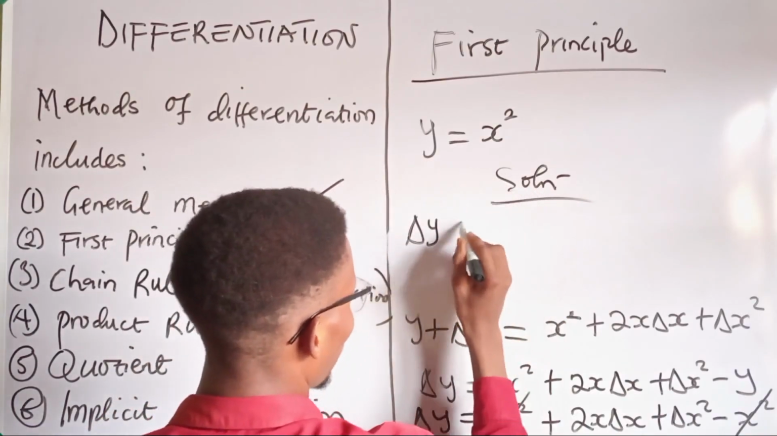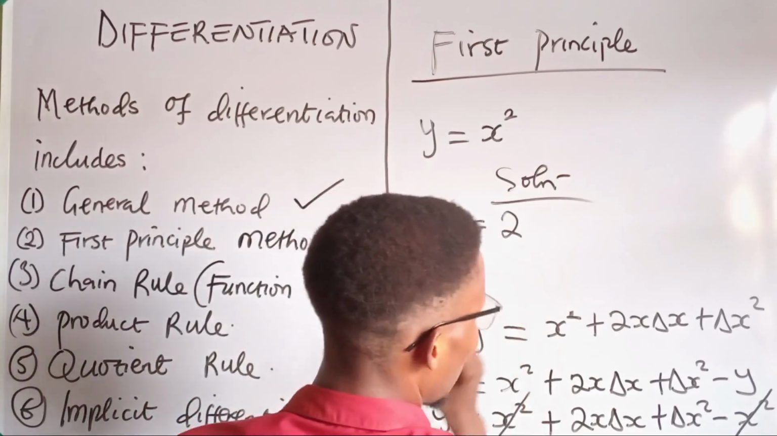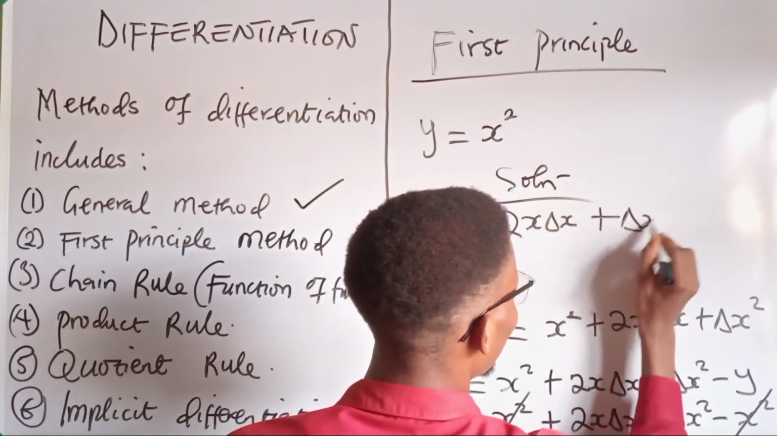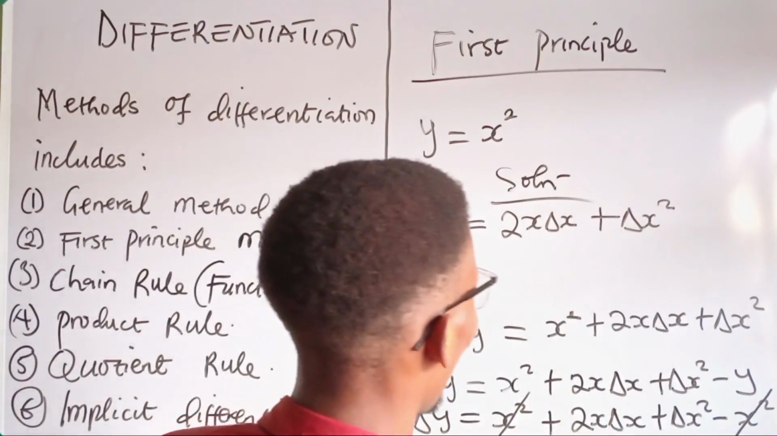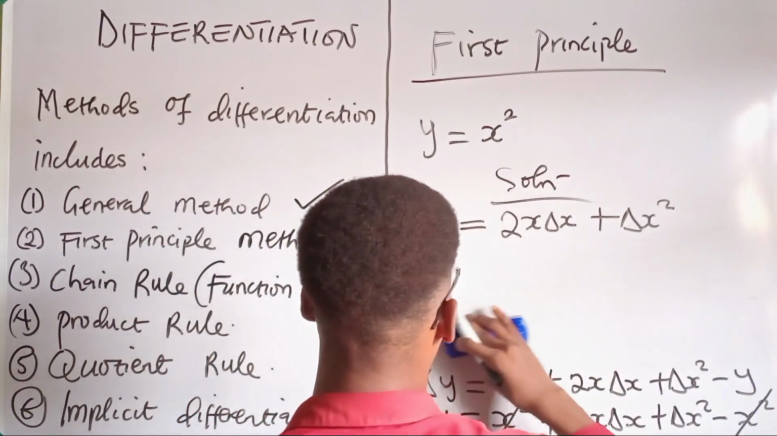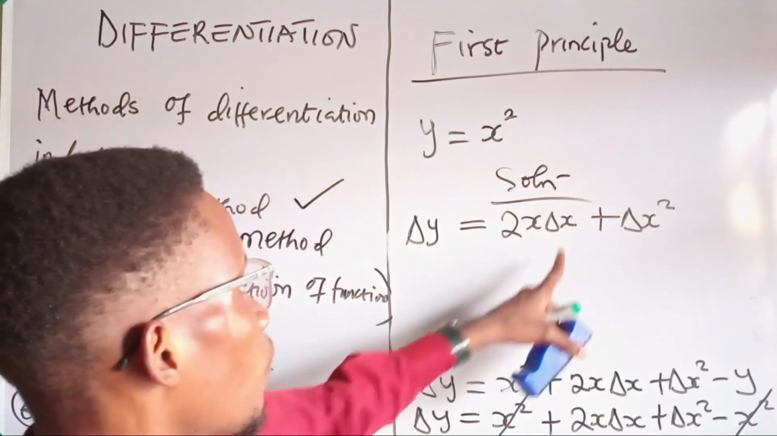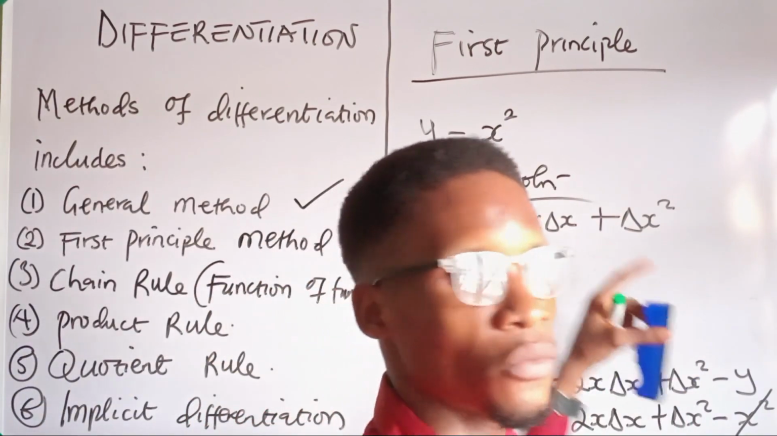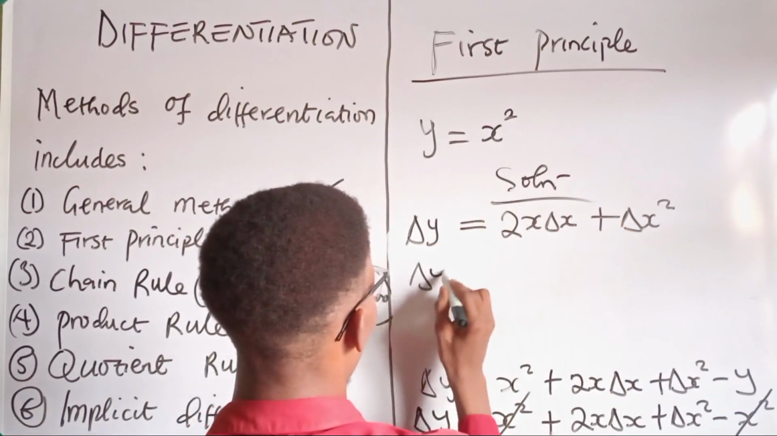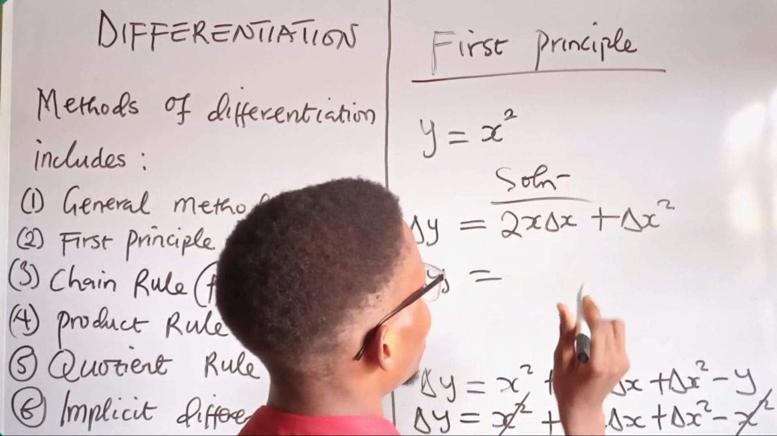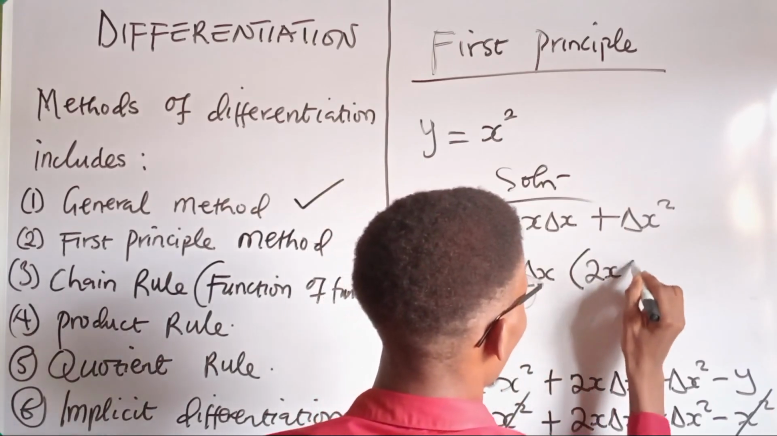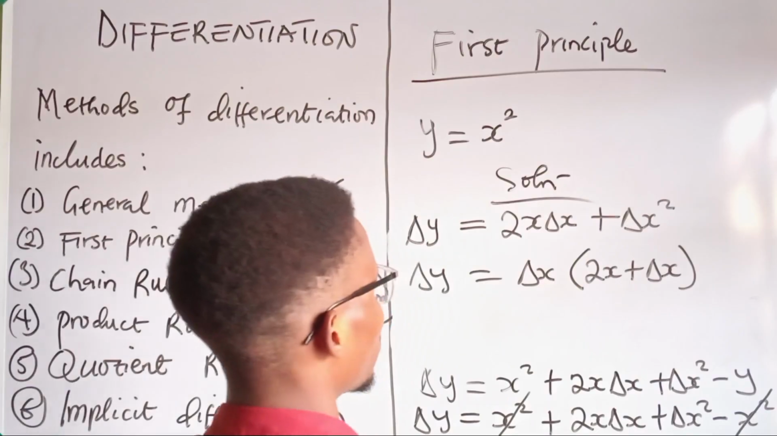Change in y equals 2s change in s plus change in s squared. What we'll do now is take the common factor. They have change in s in common. So change in y equals change in s, bracket, 2s plus change in s, such that